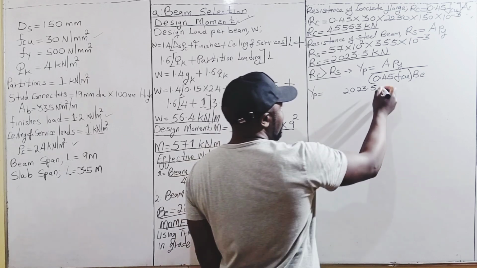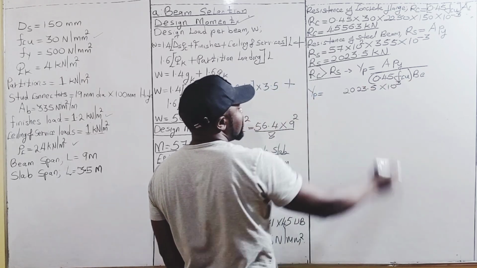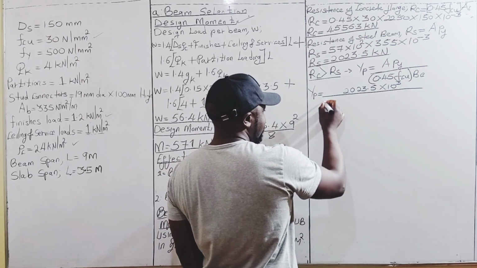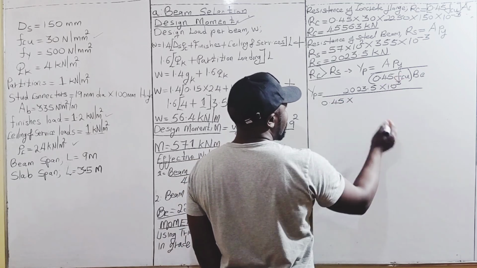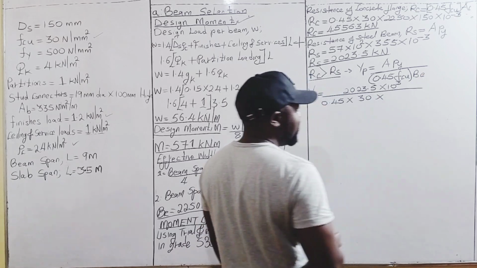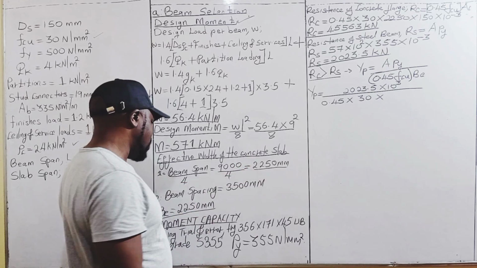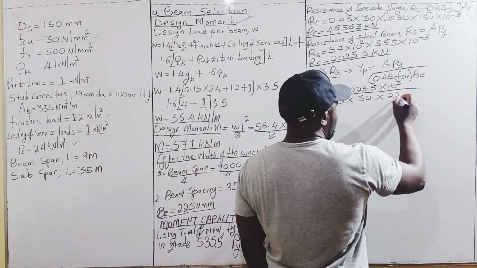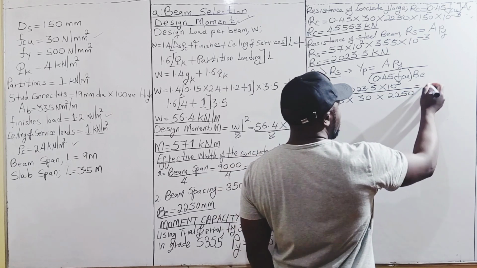kilonewtons. We are going to convert that to newtons. So we multiply kilonewtons by 1,000 to convert it to newtons. We divide this by 0.45 times characteristic strength of concrete, that is 30 newtons per square millimeters, times the effective width of the concrete slab, which is 2250 millimeters. So times 2250 millimeters. And by doing so, yp is going to be